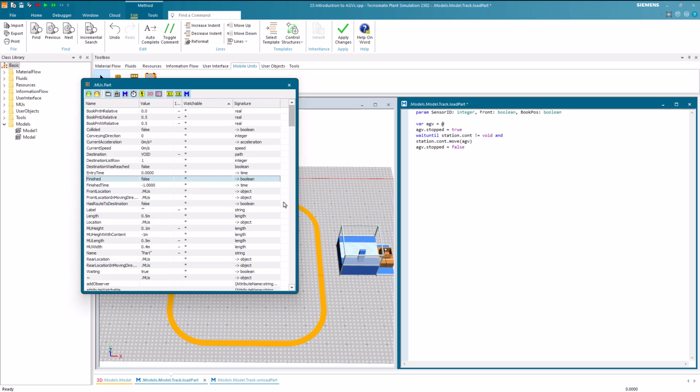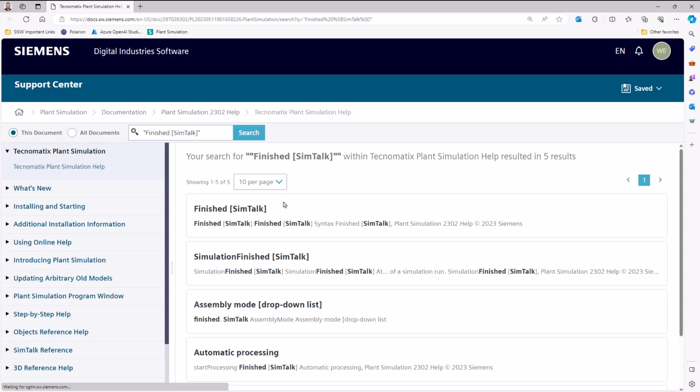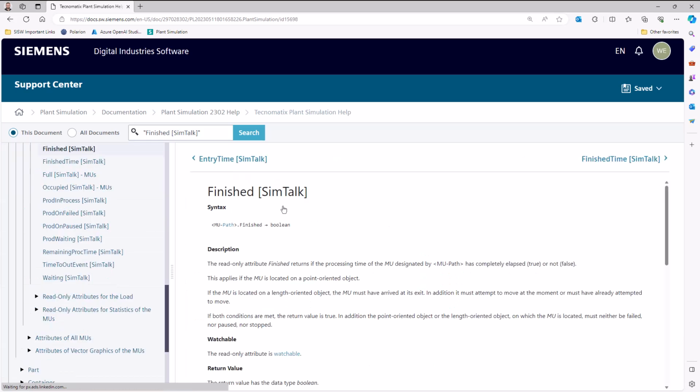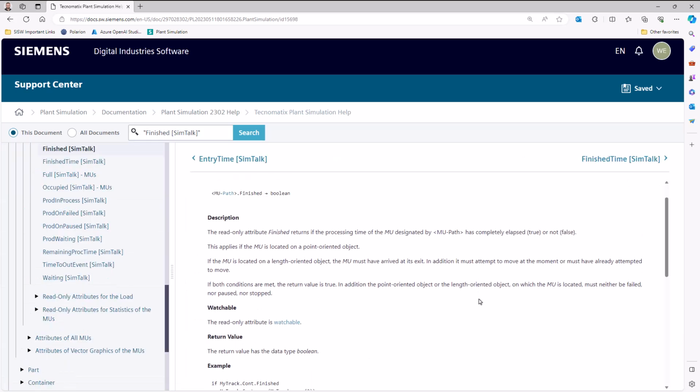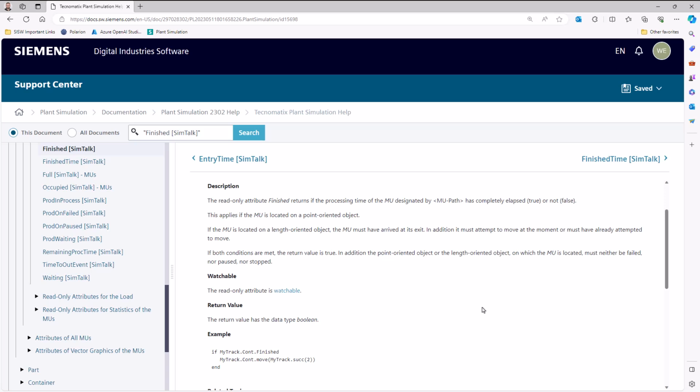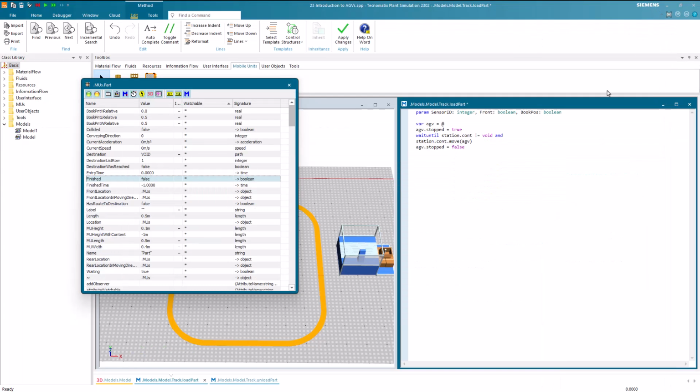We select it and press F1 to consult the help for additional details. Here, we click on the first entry as it aligns with our search. Upon reading the description, we realize that it is perfectly suitable for our needs. Returning to the control, we now check if the part is finished.